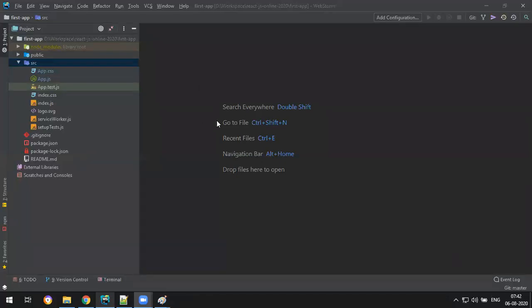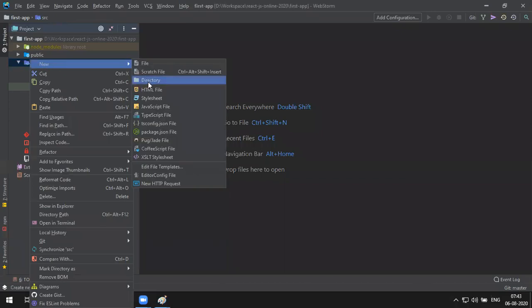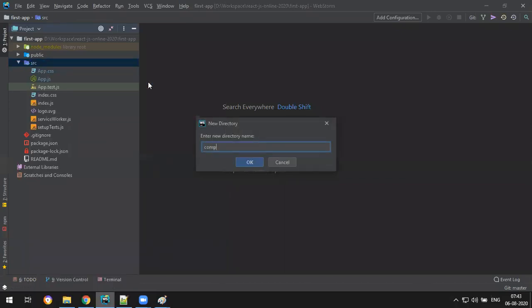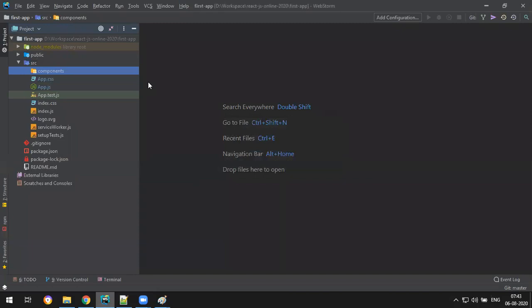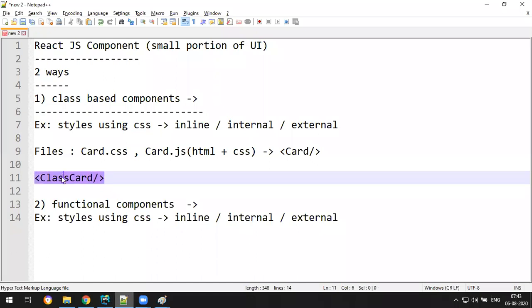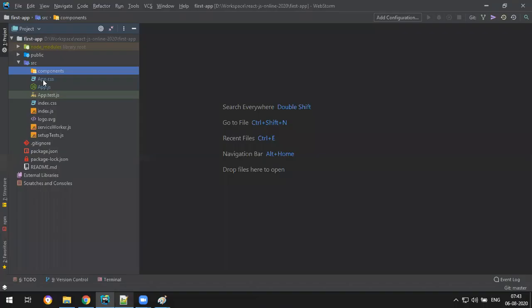We'll see that. So how to create a component: in Angular, we have the Angular CLI to create the structure, but in React.js, we have to do it from scratch. So let's start. In src, a new folder, components. Inside, I want to create a new component, class card, the class-based card.